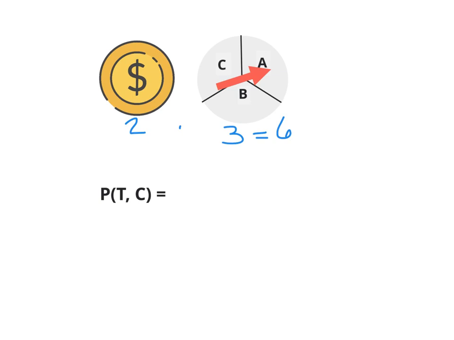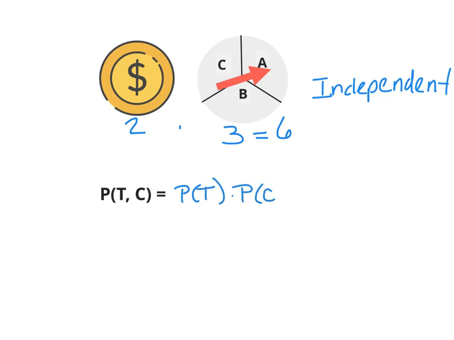Now, because the coin has a fixed number of outcomes that never changes, and the spinner also has a fixed number of outcomes that never changes, these are going to be independent events. We are going to look for the probability that we get a tail on the coin and a C on the spinner. So the simple probability of the tail times the simple probability of getting a C on the spinner would be